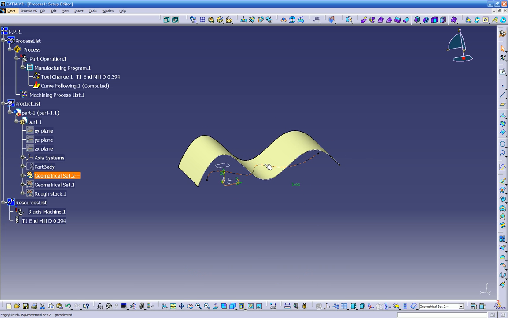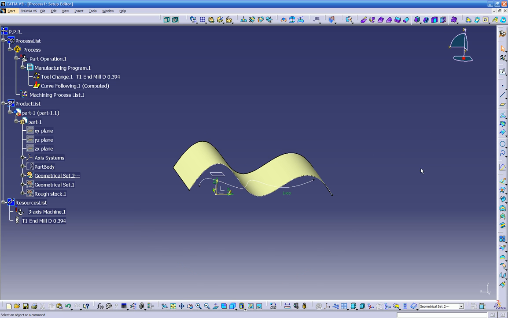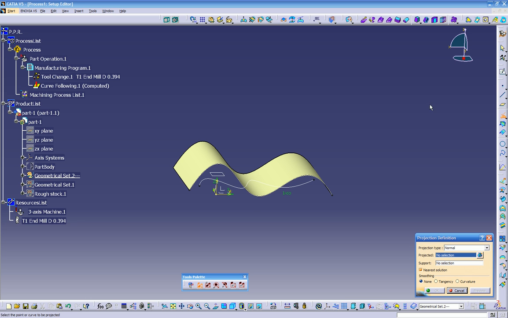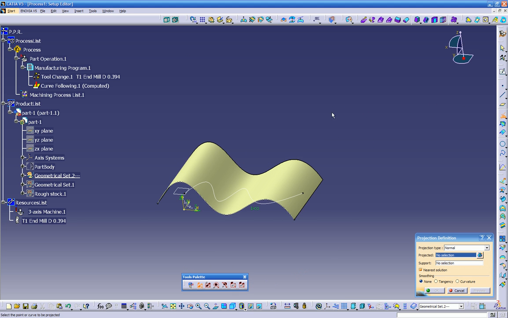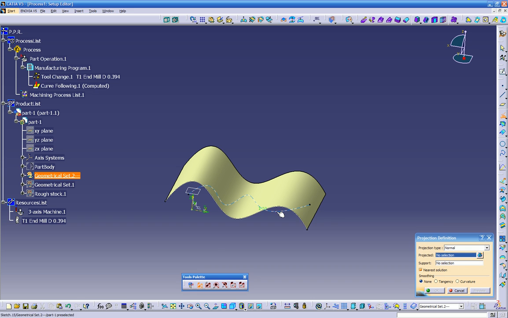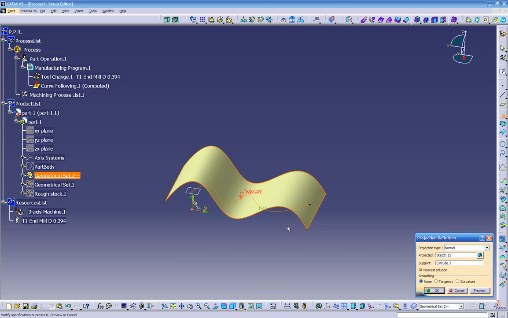And I'm going to take this curve and I'm going to project it into the surface. Then we're going to be able to use this curve following option again. So let's click on a projection. It's going to ask us who we want to project. So we say we want to project this curve into the surface. Now if you click preview,